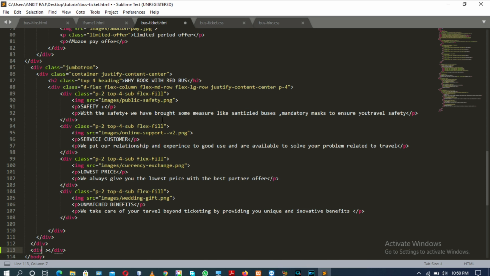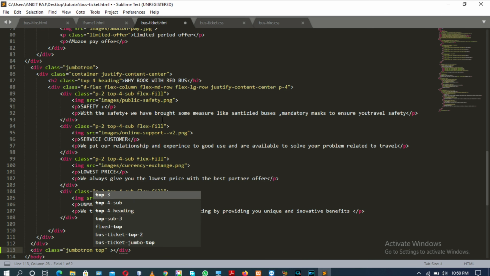I am creating a div tag with the attribute class having the value top 5 jumbo.